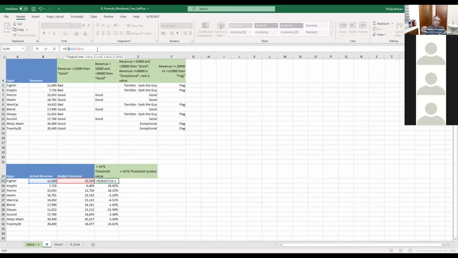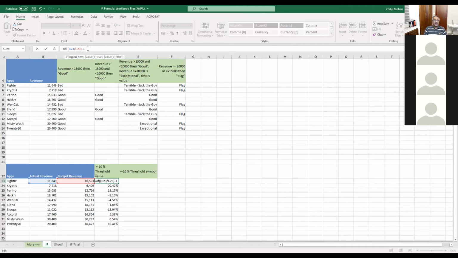Even if you do your normal algebra or math, you have to follow this order. You have to finish the brackets first, then you do the of, if there's an of, then division, then multiplication, addition, and subtraction. So here, the brackets will be processed first, okay? I like to put a bracket after this because otherwise it looks like C23 minus 1. It's not C23 minus 1, it is this value minus 1, okay?